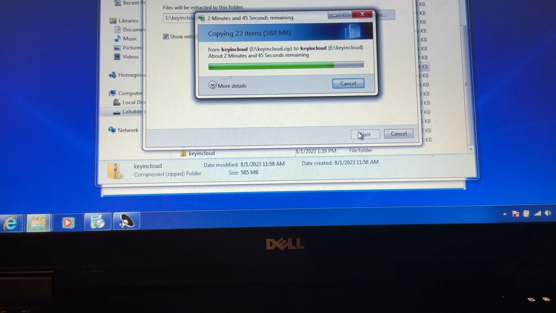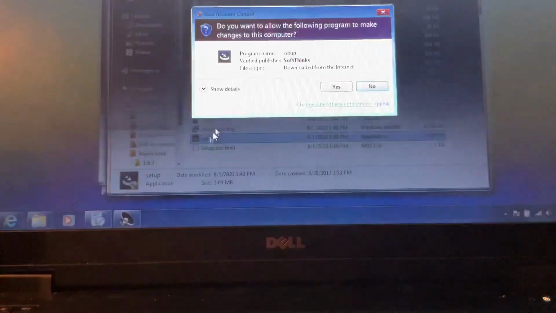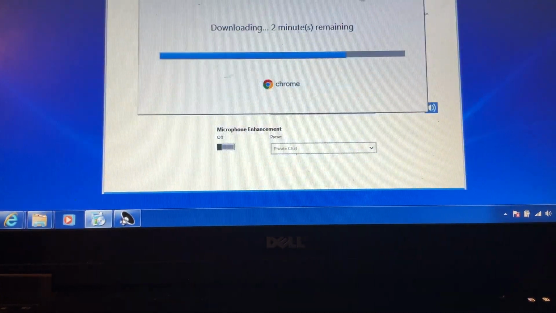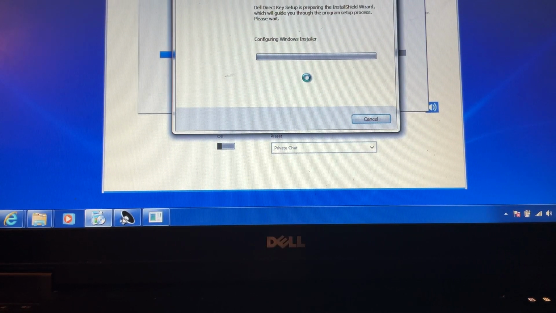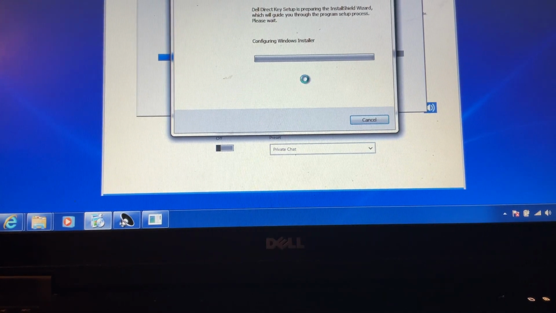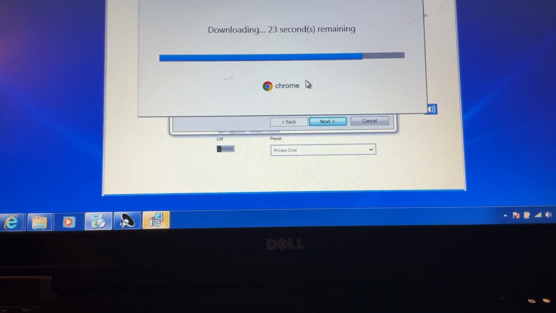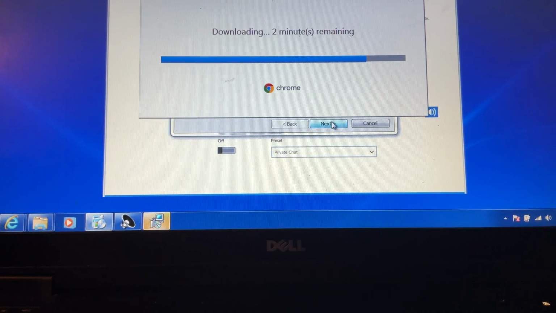And I find it quite interesting, too, because I was curious to see if I could run manufacturer programs inside of a virtual machine. This here is the tool that we're going to install, so we're going to go ahead and execute the setup. SoftThings, the same people that made the HP recovery utility. So this is Dell Direct Key, and this is the tool we're going to use to make the recovery media for the next computer. However, we cannot go any further with the recovery just yet, because what we first have to do is